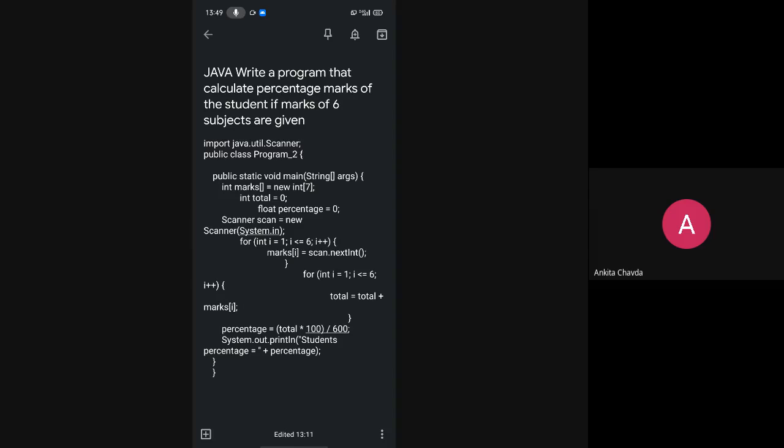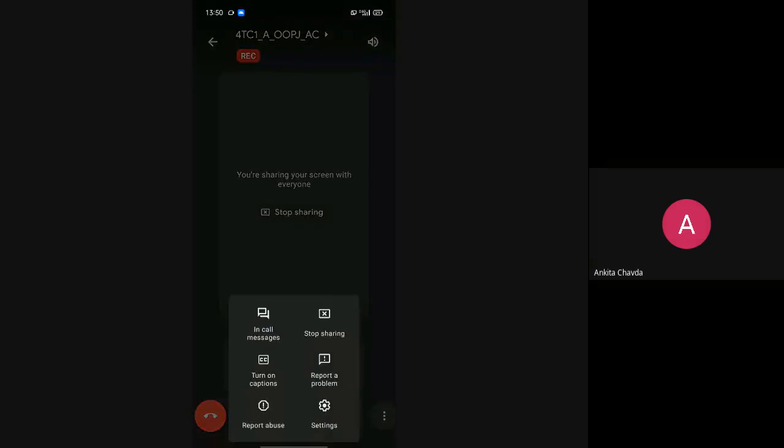And though I'm showing you half of the code, come on, was it so hard? Fine, you can unshare your screen. Next time we'll take care. Please do it by your own, then and only then you will get to know. Otherwise, I really don't mind whatever you will do. But this is for you guys, not for me.